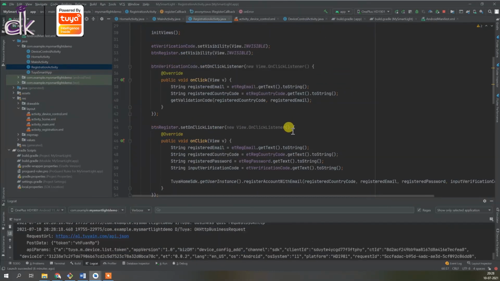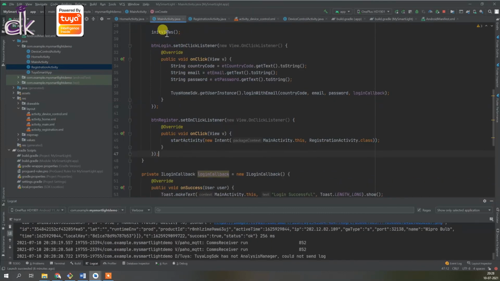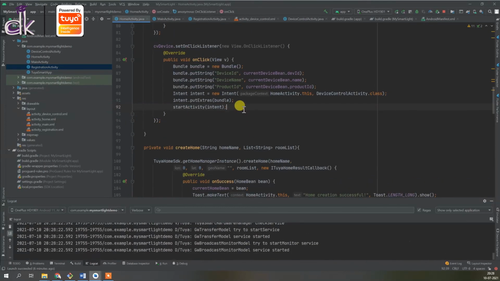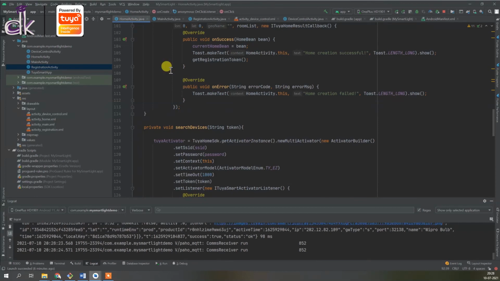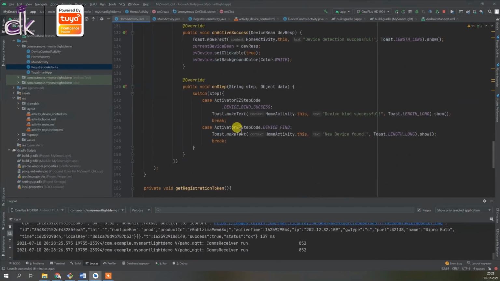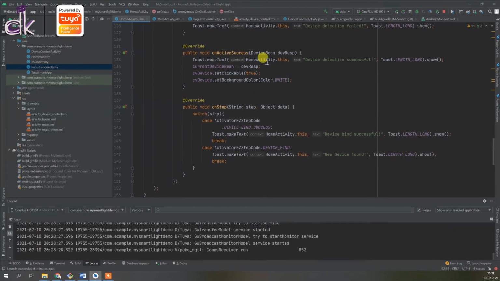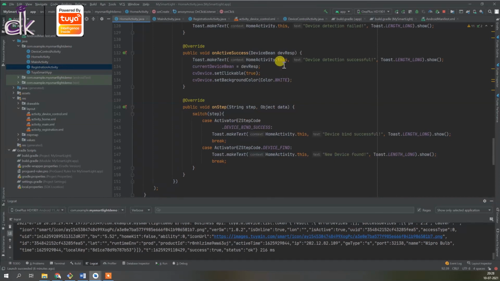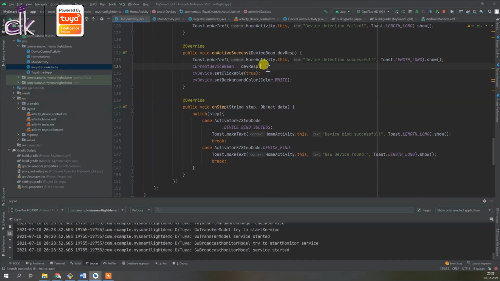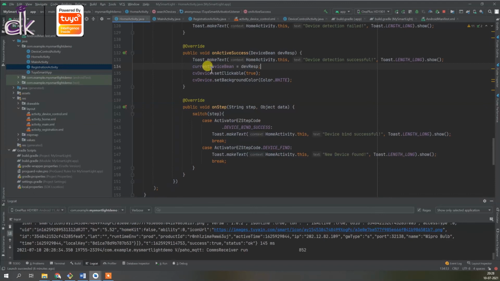Okay, there's one other thing that I forgot to mention. After this, there's also one line of code that you need to add. Go to home activity, and in home activity, once we have obtained the device, we have not set the device ID to whatever we had obtained. So you need to do that as well.